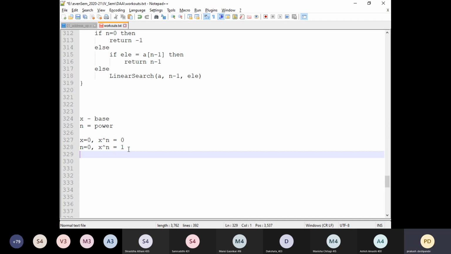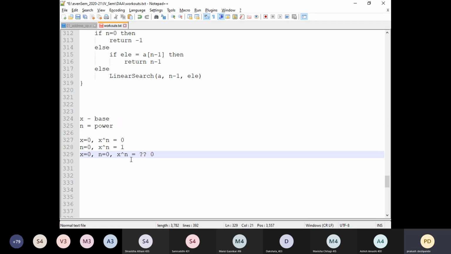Now, the interesting part. When x is 0 and n is also 0, what is x raised to n? 0? 1?